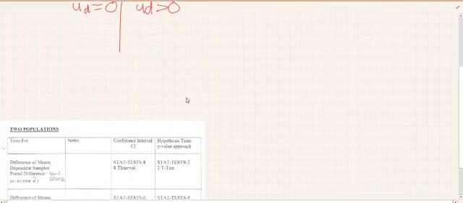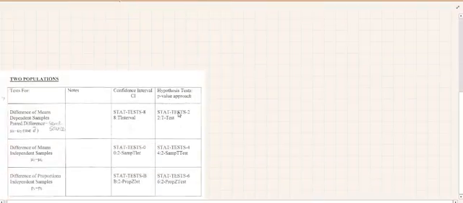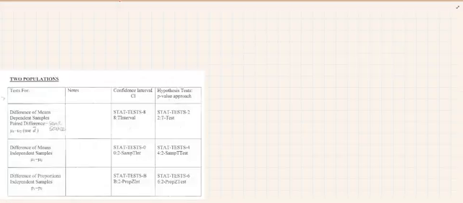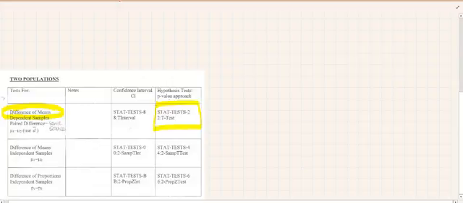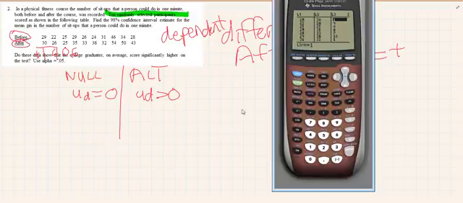So if we refer to our statistics chart, we're going to make sure we pick the right test. So we have the difference of 2 means and their dependent samples. So using the hypothesis test, we're going to set it up as a stat test 2, which is a t-test. So here we go. Let's go back up here, get the calculator back on, and let me just quit out of this screen and go to stat test number 2,